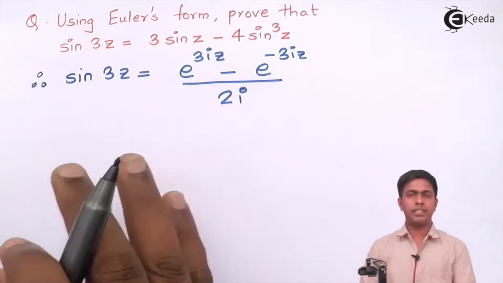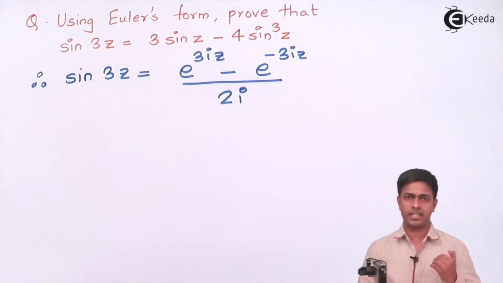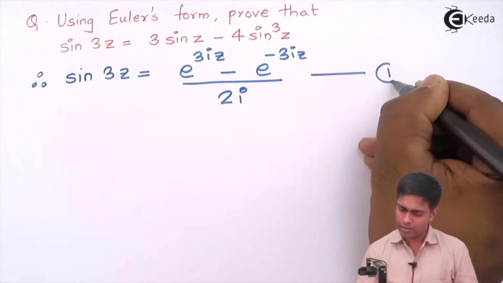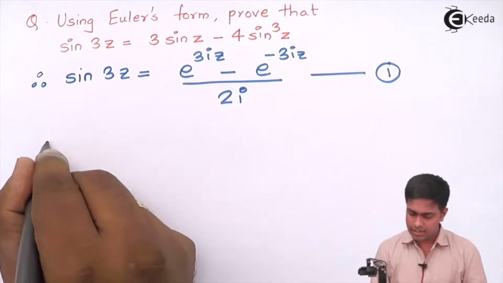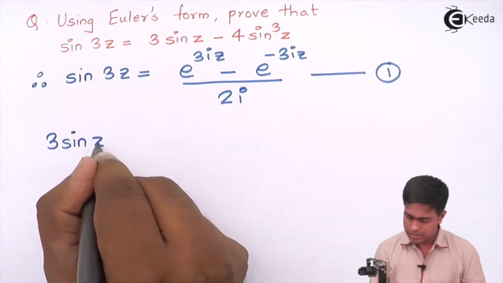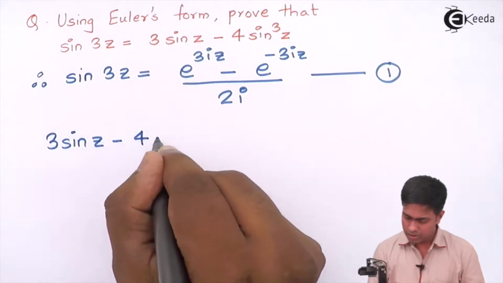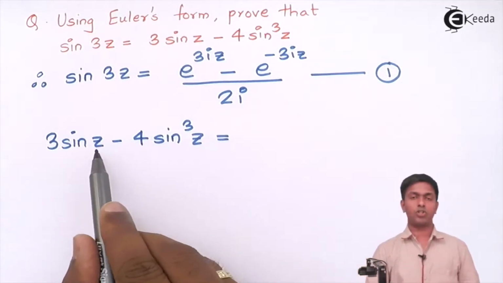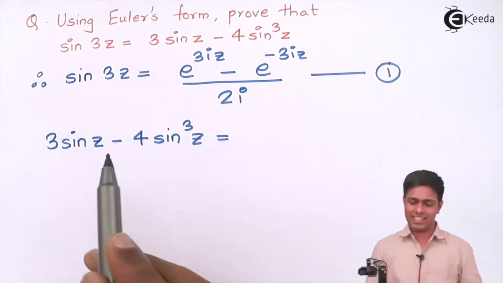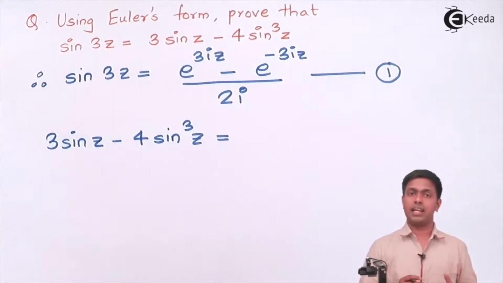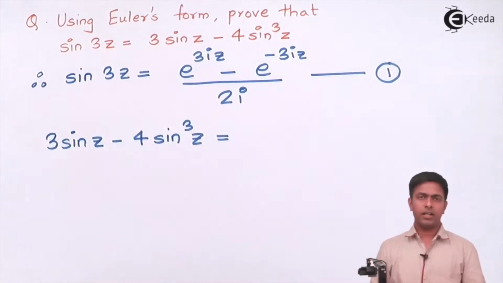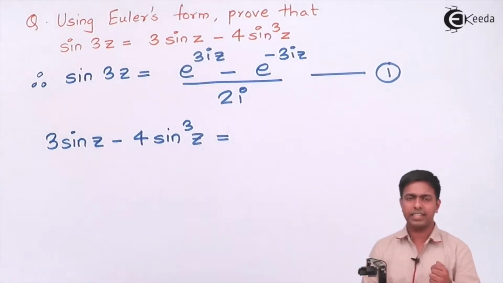Now I'll keep this left hand side as it is and I'll solve the right hand side, and on the right hand side I'll bring the same result. I'm calling this equation number 1. So the right hand side is 3 sine z minus 4 sine cube z. You must be thinking what is this symbol? This is my own z, where I cut the z from the middle, because you should understand the difference between 2 and z. Many times students misunderstand between 2 and z. To make it clear, I always cut this z from the middle, but it's not compulsory for you to write z in the same manner.